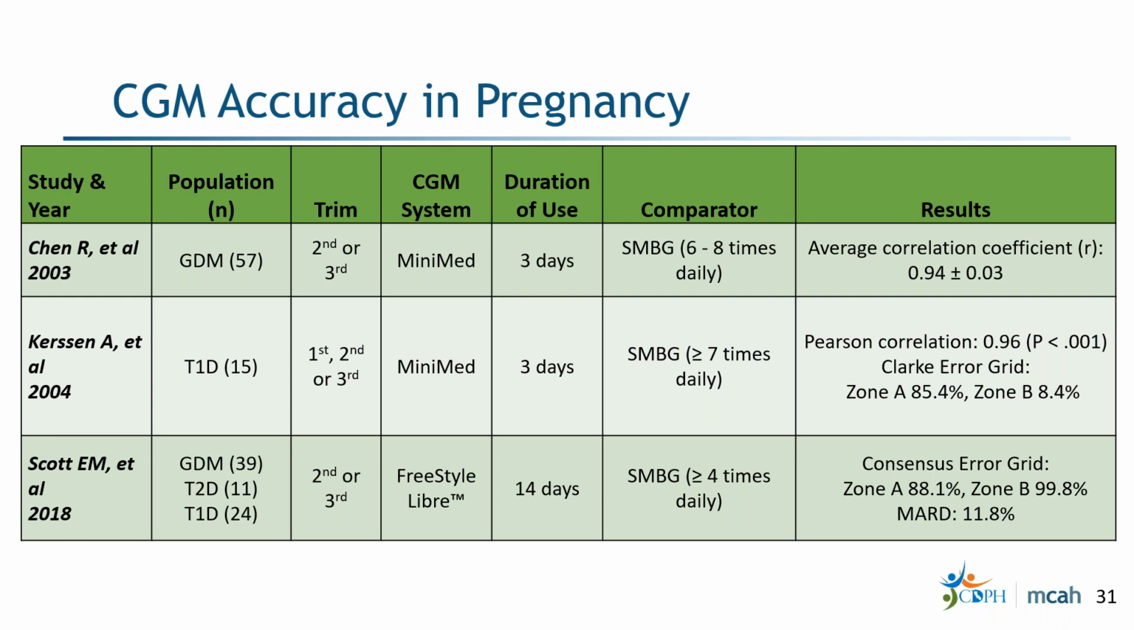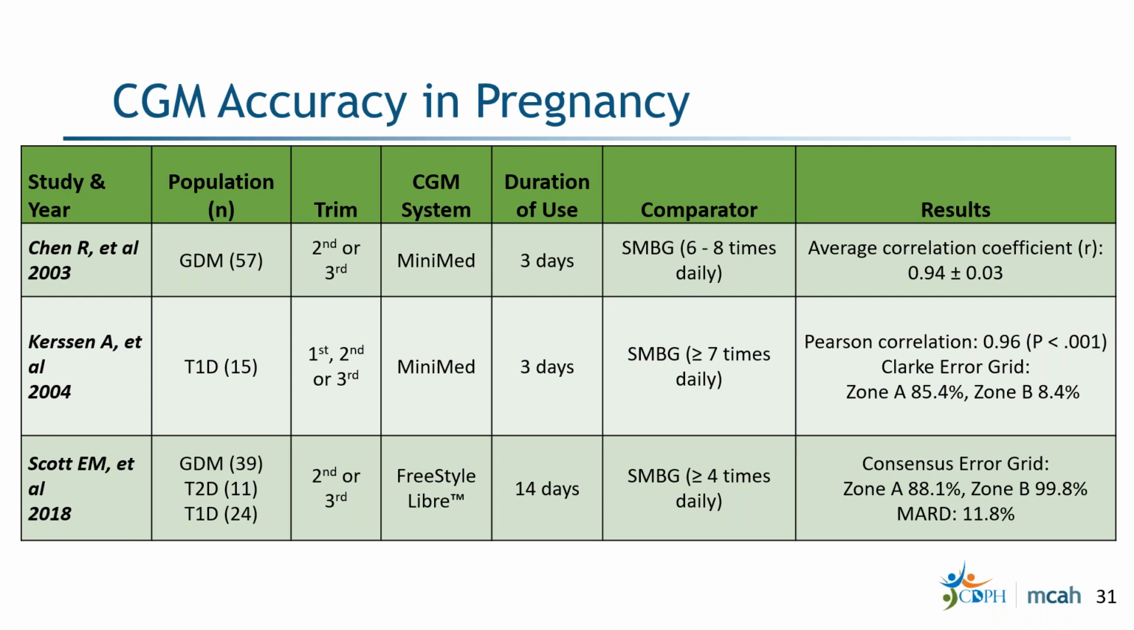The one by Kerssen and colleagues in 2004 again compared MiniMed versus SMBG, and very similar, had a correlation of 0.96. We also have something called the Clarke error grid, and zone A is the preferable range to be in, meaning it's clinically very similar. I'll talk more about the error grid in a second, but zone A is the most preferable, and then zone B. And then Scott and colleagues actually compared the FreeStyle Libre 14-day versus SMBG and showed that the consensus error